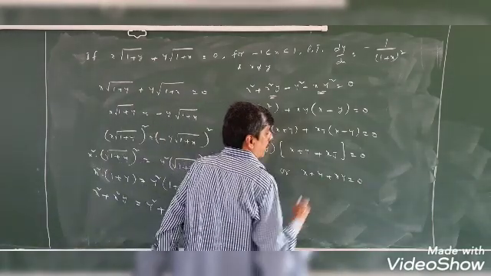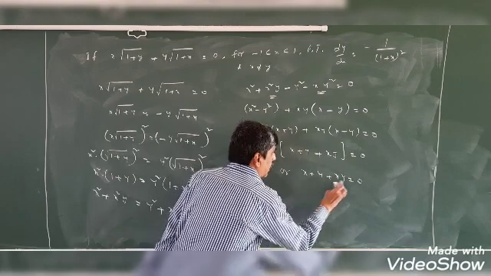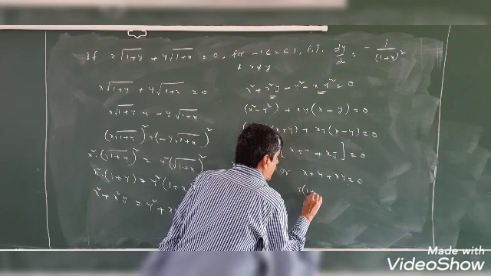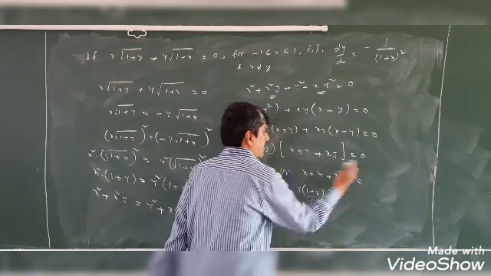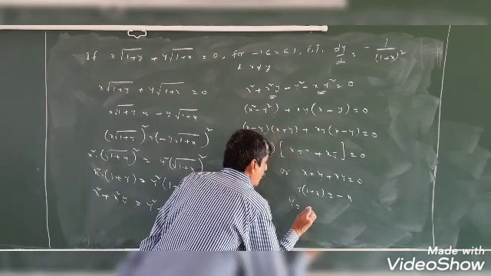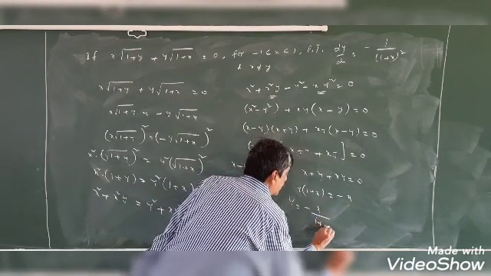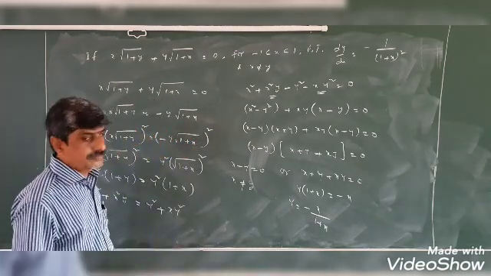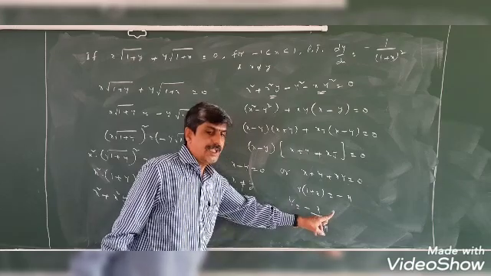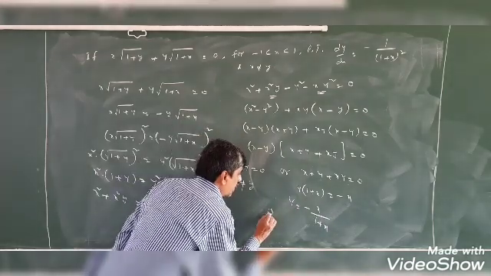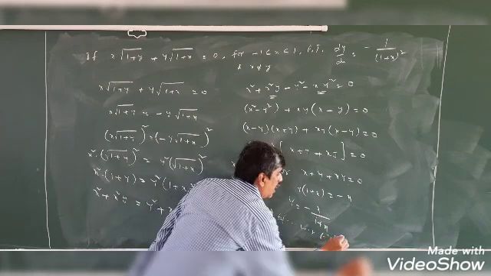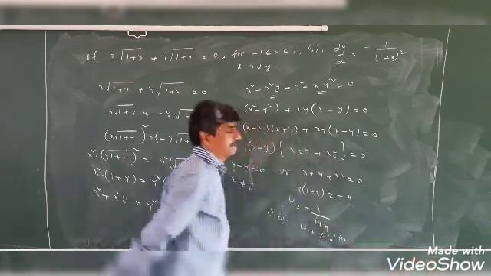So x plus y plus xy is equal to 0. Take y common from these two terms, y into 1 plus x. The plus x should go to the other side, so it is minus x. Therefore y is equal to minus x by 1 plus x. Now differentiate with respect to x on both sides.